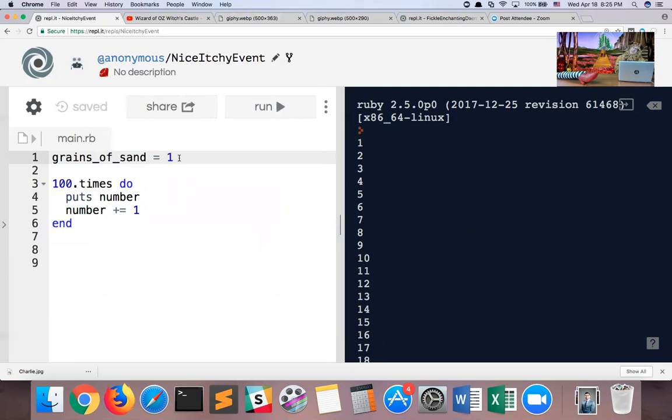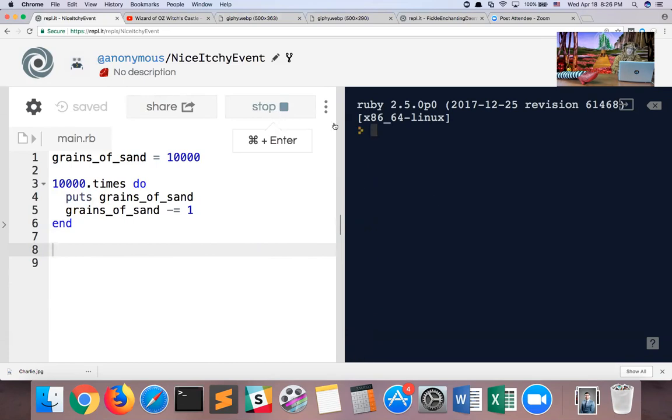So let's say the hourglass contains 10,000 grains of sand. It probably contains more, but let's just work with that. We will then say 10,000 times do, print the grains of sand, whatever that variable is holding, print that to the right-hand side of the terminal. And then grains_of_sand -= 1. So you can probably guess what minus equals does. It's the converse, or is it inverse, of plus equals. It basically says, let's take the number inside the grains of sand variable and decrease it by 1.